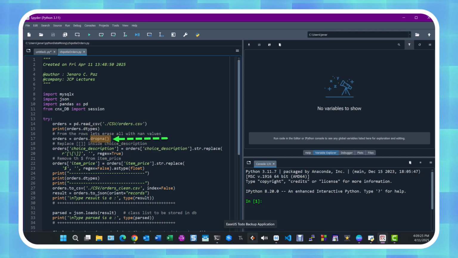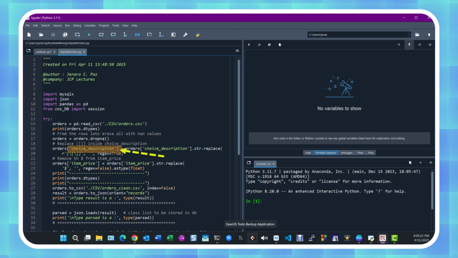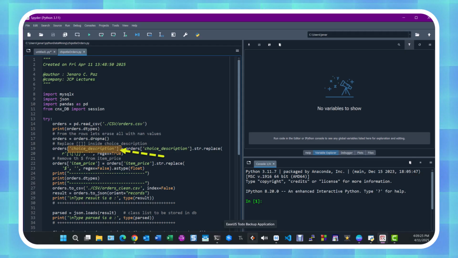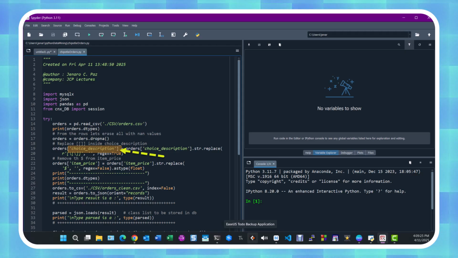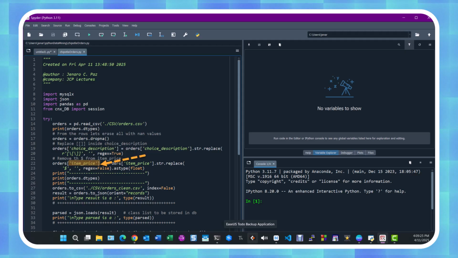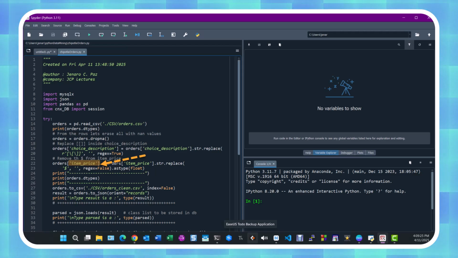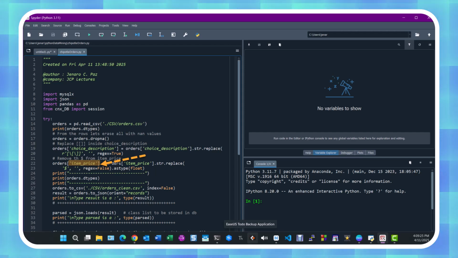Then we drop any rows that have missing or NaN values using dropna. Next, we clean up the choice description column by removing the square brackets using string replacement. This makes the text easier to read. Now, the item price column contains $ signs. We remove those and convert the entire column to floating point numbers so we can do math with them later.